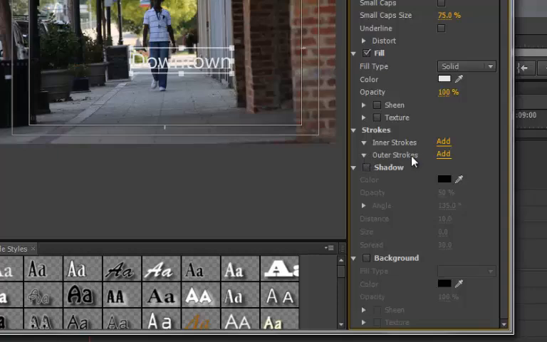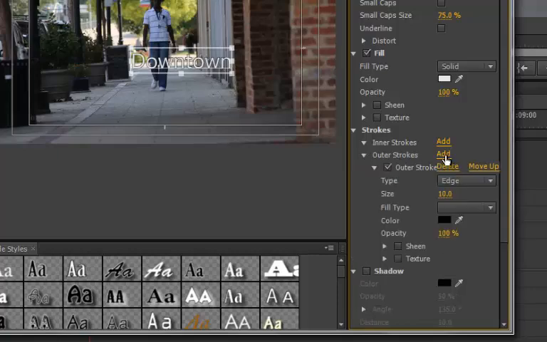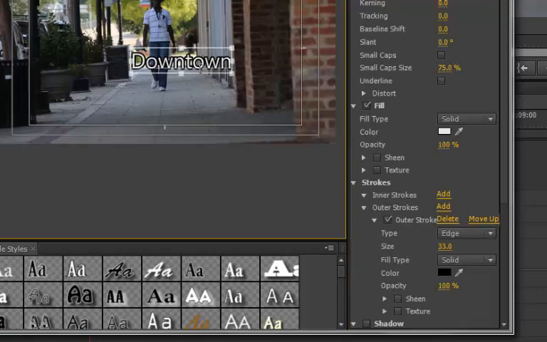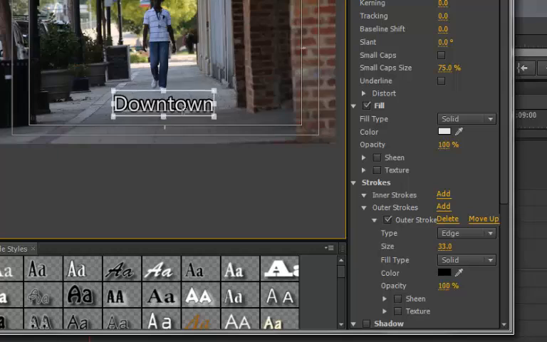So I'm going to go down here where it says outer stroke and click add, and all outer stroke does, or any stroke, is it just puts a little line around it. And you can do a lot of adjustments on it, like the size of it. You can click and drag that and make it bigger or smaller, depending on what you want. And that works just fine. I'm going to click that and drag it down,